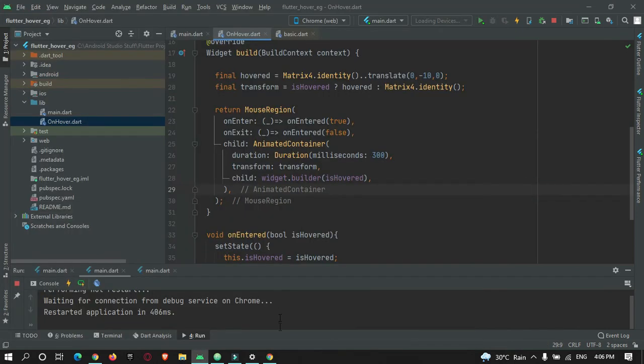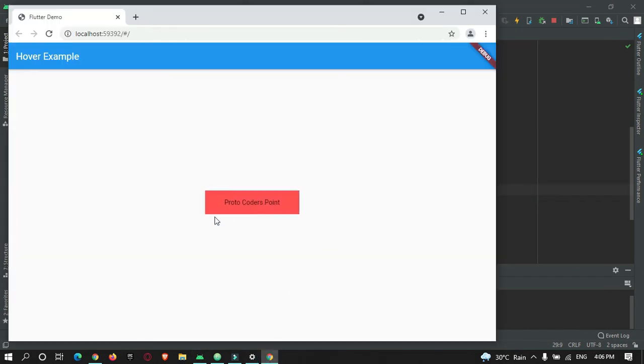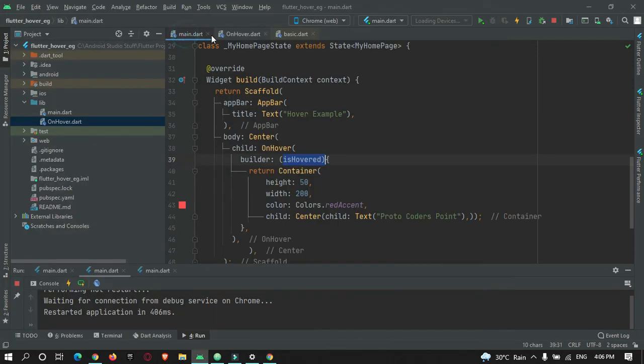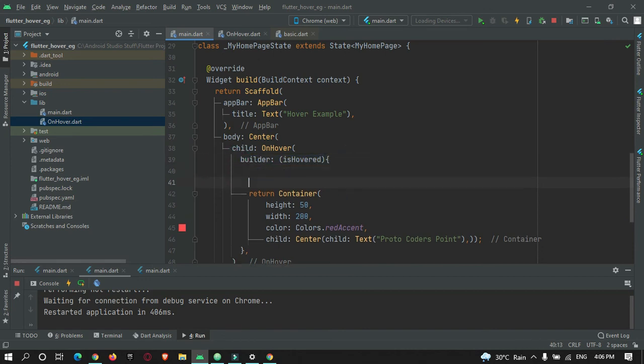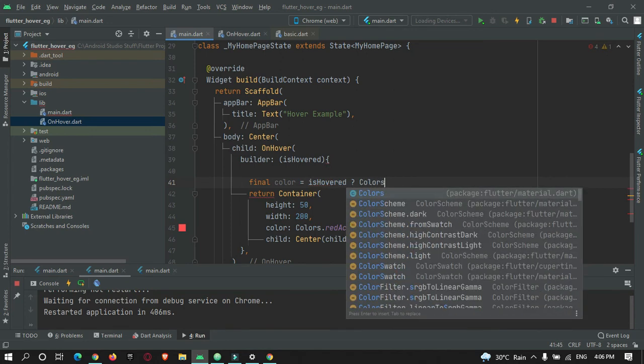Okay, so one more thing is remaining, that we need to change the color of this container when I hover. Okay, so for that, over here after builder, let's initialize a variable color is equal to is hovered. If hovered is true, then change the color to orange.